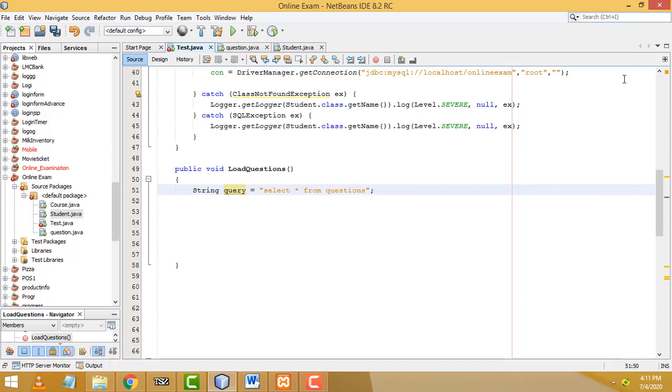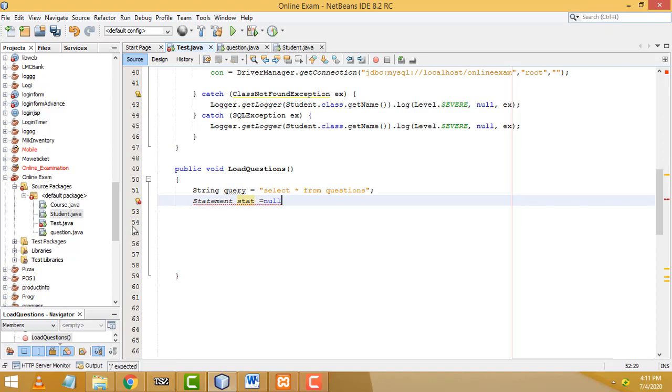After that you have to write the statement class: Statement stat equal null. We have to create the object of the statement class.